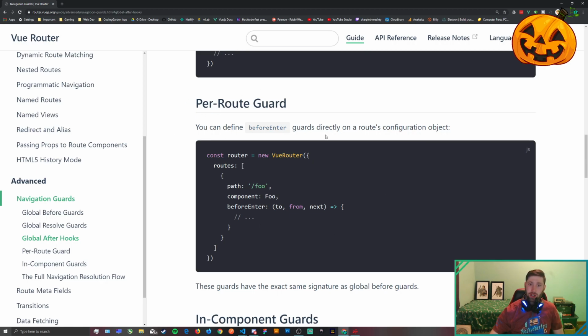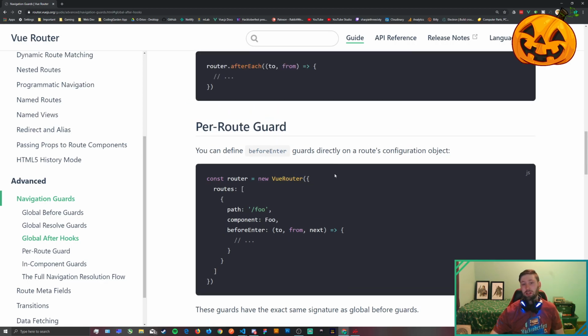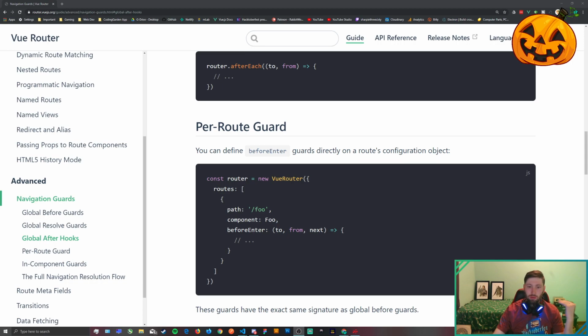So you can see right here, you can define the beforeEnter property on a route object. It's essentially a function that runs. It's kind of like a hook. So before we navigate to any requested route inside of our client-side application, we're going to run a certain function and make sure that some sort of